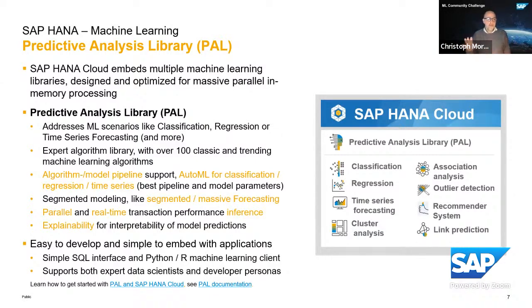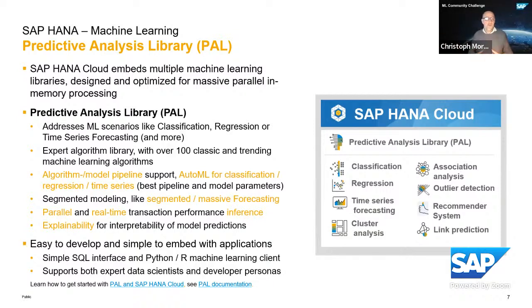It provides algorithms for the same or similar scenarios like the automated predictive library, but those are kind of distinct algorithms the experts can choose from, like, for example, gradient boosting, classification, or Prophet time series forecasting.